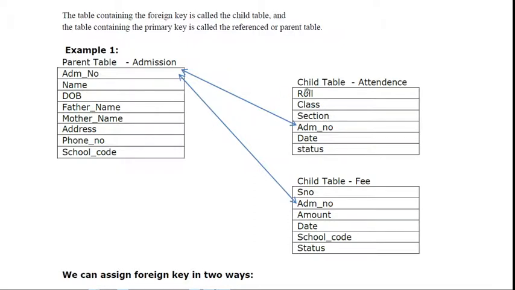And if anyone tries to store directly in the attendance table, database will reject this operation. It will not allow. Directly it will reject, or the command will be terminated, will cancel. Another example, fee. If you want to submit the exam fee or the school fee, your details must be stored in the parent table. If you are not having the admission number, you cannot submit the fee.